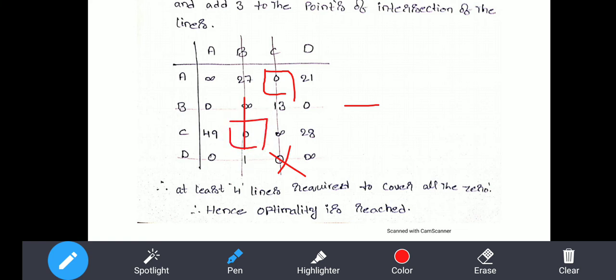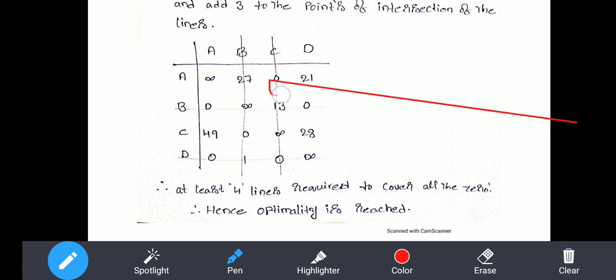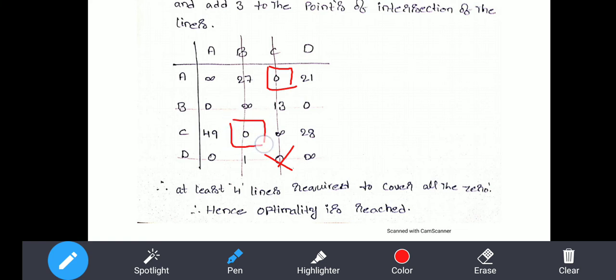The row wise, square, close. In the second row, 2 zeros will be there. You can make the square. There are no other possibilities. In the fourth row, only this square. So you can close this. Okay, now you can verify column wise, square will be there, square will be there, square will be there. Here only one square. This is the final optimized tabular column.